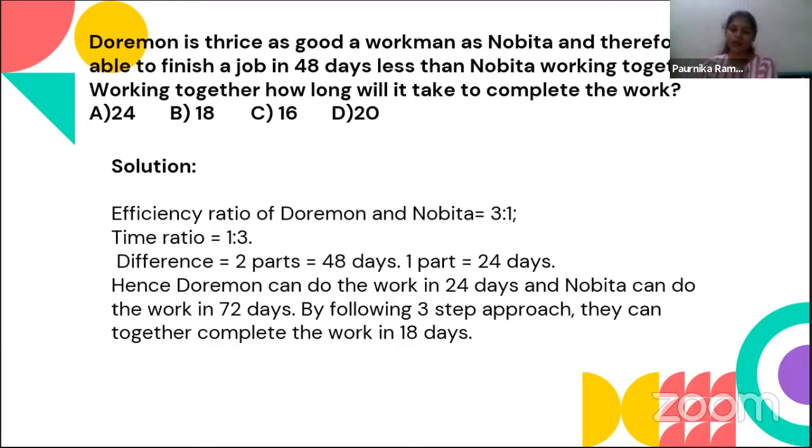For example, I was saying that time, speed, and distance have numerous subtopics in it. You have upstream and downstream, you have races and games, you have problems on trains. All these topics come under time, speed, and distance. And the approach in which you have to solve them differs. Though the formula is one thing, speed is equal to distance by time, the approach that you have to follow while answering the questions is different.